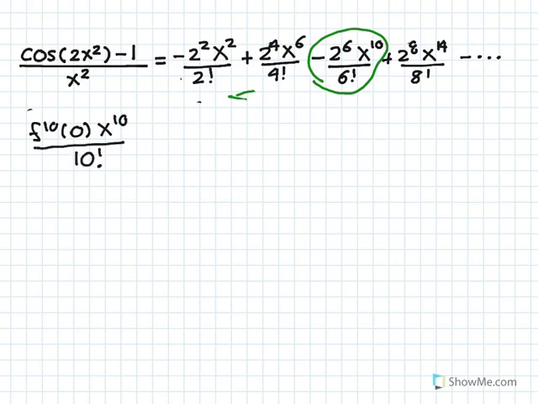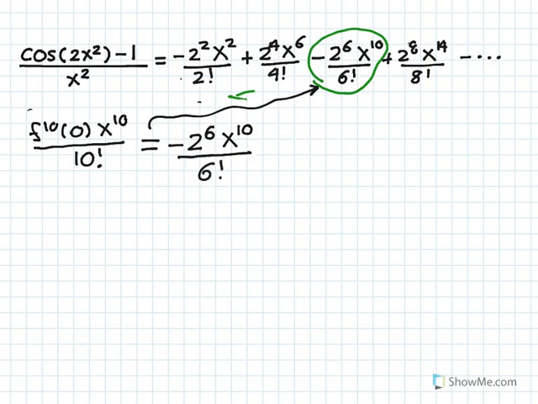And this is very important. Match this up with this term in our series that involves x to the power of 10, and then we basically solve for f10 of 0, the 10th derivative evaluated at 0. So we force these to be equal to each other. Minus 2 to the power of 6, x to the power of 10, divided by 6 factorial. Now we can easily cancel out x to the power of 10, and we can solve for the 10th derivative evaluated at 0. We get f10 of 0 is equal to minus 2 to the 6 divided by 6 factorial,